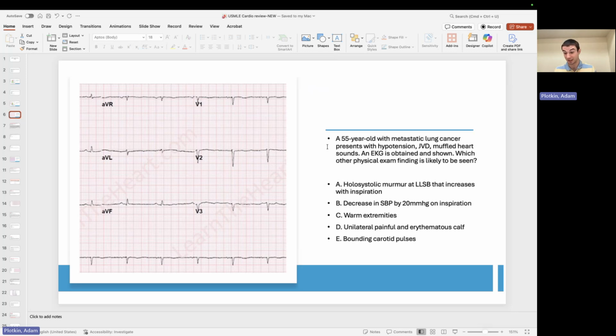In my head, this is cardiac tamponade until proven otherwise. And then my right answer is going to be B, a decrease in systolic blood pressure by 20 millimeters of mercury on inspiration. So in normal physiology, we have what's called interventricular dependence. When I take a big deep breath in, my chest expands, my diaphragm goes down, and my intrathoracic pressure becomes